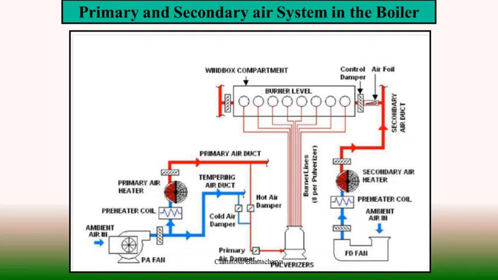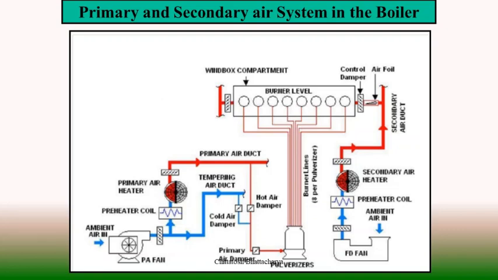Let us try to understand now the schematic layout of the entire system of air and flue gas circuit, and how these different fans are placed for large capacity utility boilers. Now if you see, for big units we have a number of fans. In case of primary air supply system, we have 2 PA fans, placed in 2 passages in terms of layout of the system. Say PA fan A and PA fan B, these are supplying primary air, collecting air from atmosphere and sending it to the air preheater, the primary air preheater part, and after